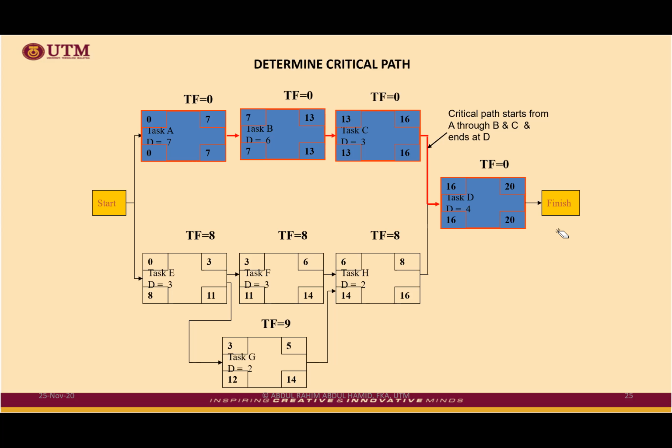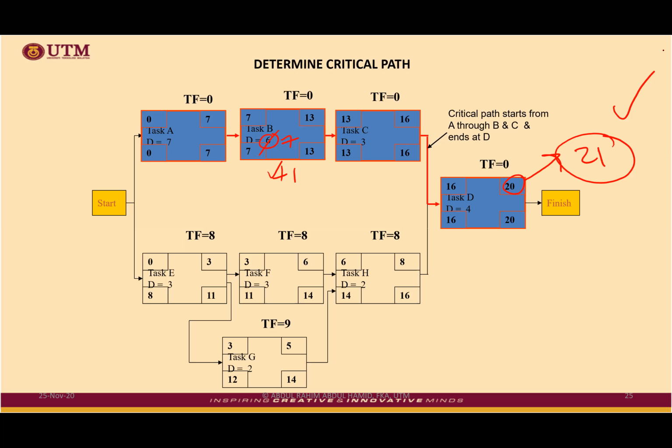And what happens if, let's say, activity B is delayed by 1 day, 1 day only. Instead of 6 days, this activity requires 7 days. So an extra 1 day. What would happen to the project? Automatically, when you do the calculation, you notice this will be extended by also 1 day. So that's why we call those critical activities, because they are the ones that determine the overall project completion,